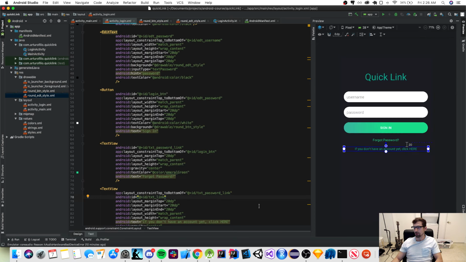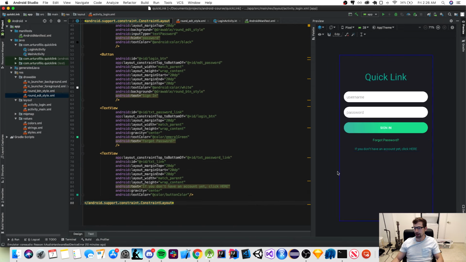There you go. There we have the UI of the login. Now let's move on and let's make